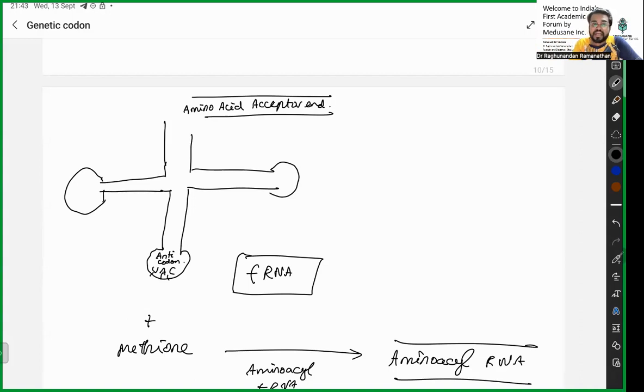That is where, apart from this mRNA or messenger RNA, you have two more RNA, your transfer RNA and your ribosomal RNA. This transfer RNA, I think I have discussed in detail in the previous session. So you are going to have this tRNA, and this tRNA is going to have an anticodon and an amino acid acceptor arm. That side it's going to be the amino acid acceptor arm, and down it is going to be the anticodon arm. This is the normal structure of your tRNA.